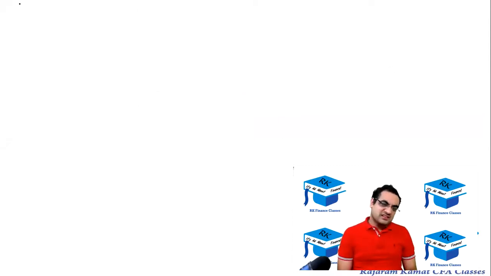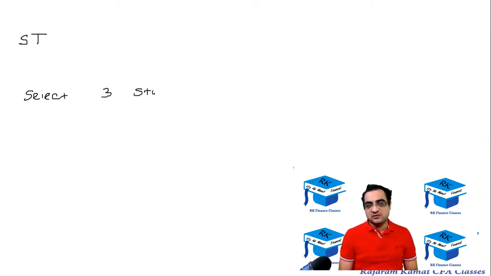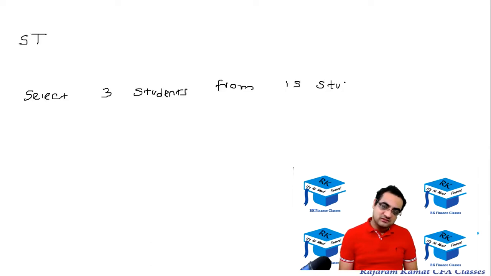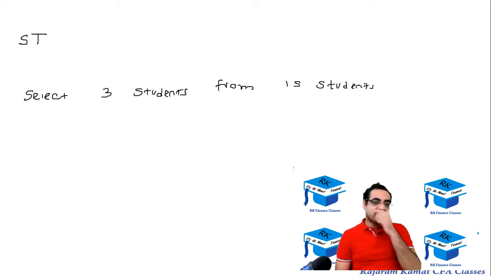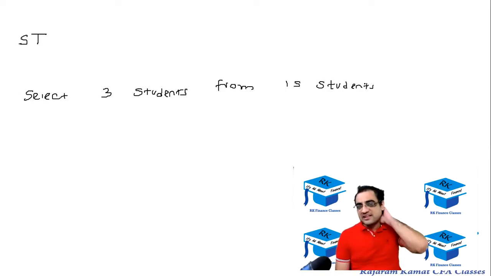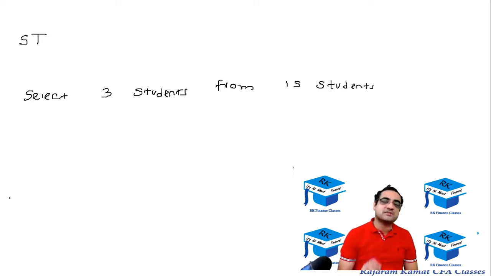Second example, let's say you are a school teacher this time. So you are going to select 3 students to form a team from a class of, let's say, 15 students. So from a class of 15 students, you are going to select 3 students, and then you are going to tell the monitor, please arrange. You're not going to arrange, you're going to simply select 3 students from 15 students. So you're going to only select, you're not going to arrange them. So here you have to use combination.